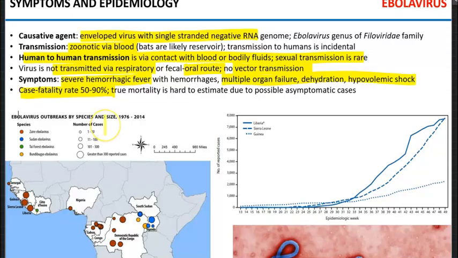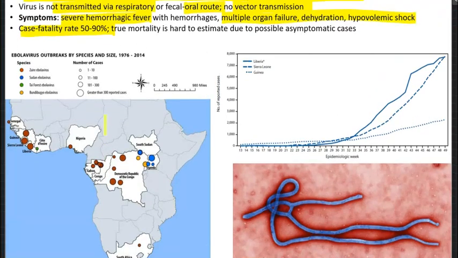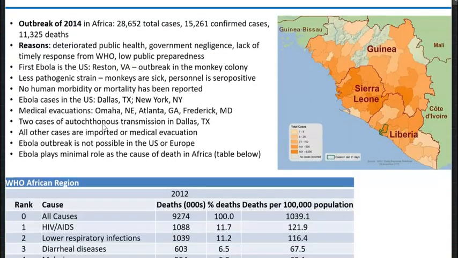So if you look at the most famous outbreak of 2014-2015, which was largely confined to these Western African countries, Sierra Leone, Liberia, and Guinea, a little bit of Cote d'Ivoire, okay? You will see that for about